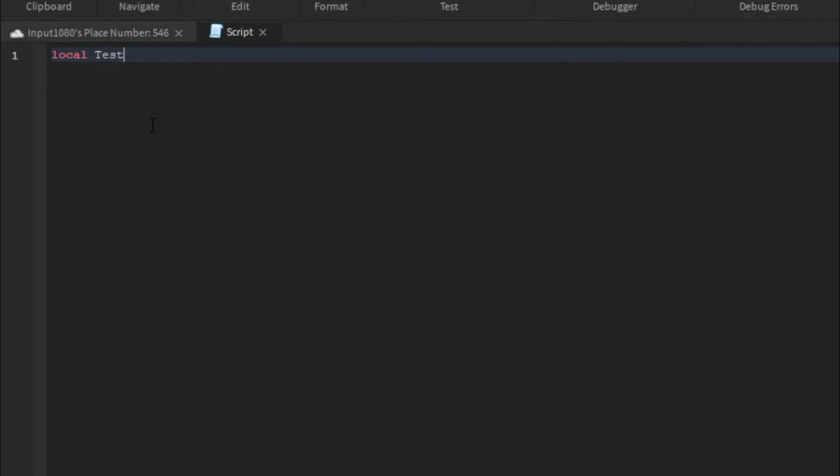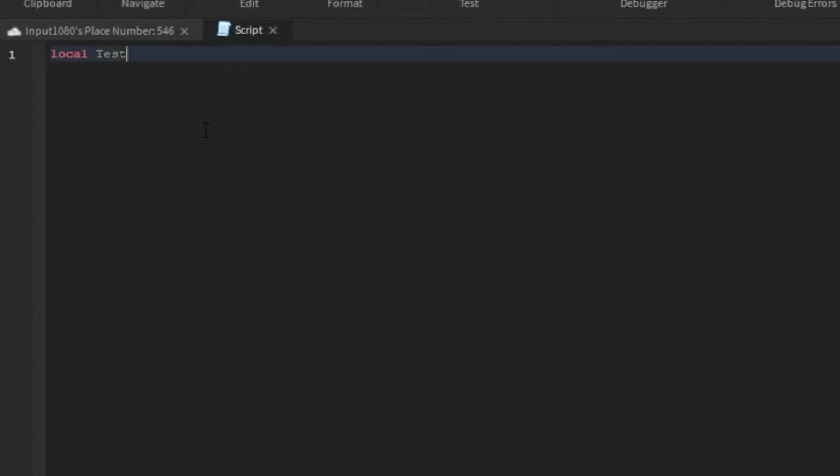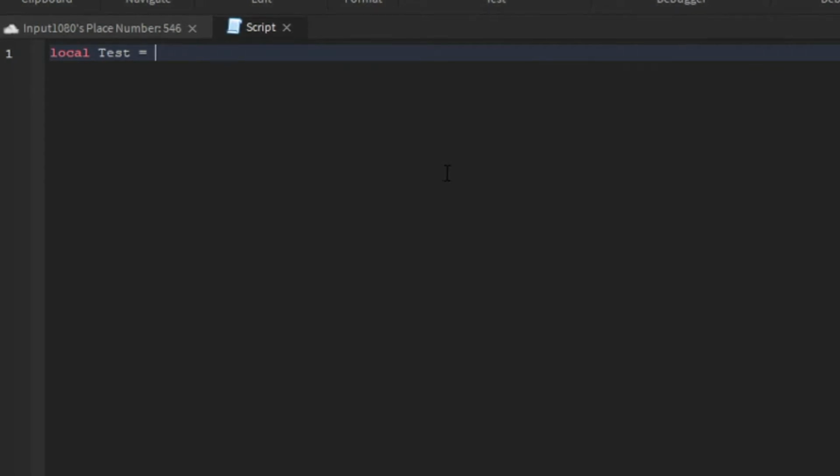You can really visualize and see your variable that you are printing or using in a function or in your code. So now, as you can see here, my variable is called Test, and it's a local variable. Now what you can do is type an equal sign. What this stands for is that our variable called Test is going to equal something that will be used as a storage holder